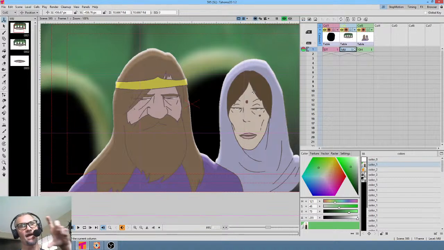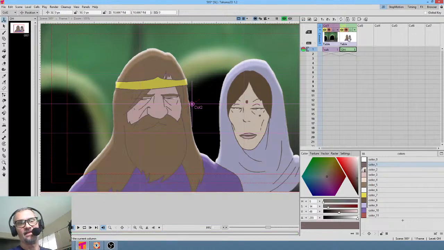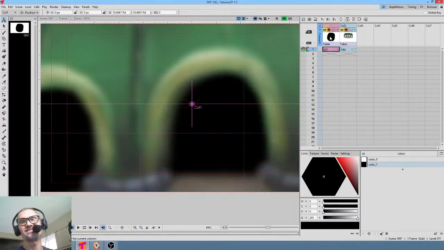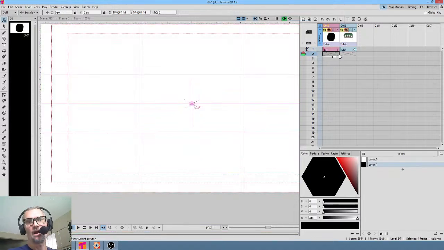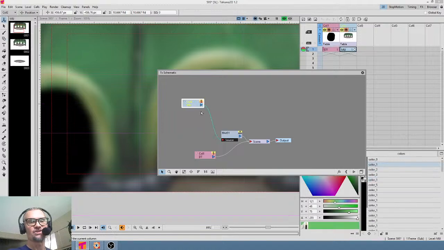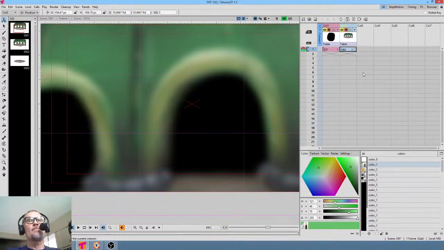Okay, so layers and layer groups and things like that that are awesome in Krita, you can't really do very easily in Tahoma, but you sort of can. So one way that you can would be with sub-scenes. For example, I can take these two layers, and I have a hotkey that I've assigned to it. What I just did was I took the two layers that comprise the background and I put them in a sub-scene. So now these two layers are not only in a scene all by themselves, but also the schematic associated with those layers is in a separate schematic. So that means that I can parcel out my work into pieces and work on the different